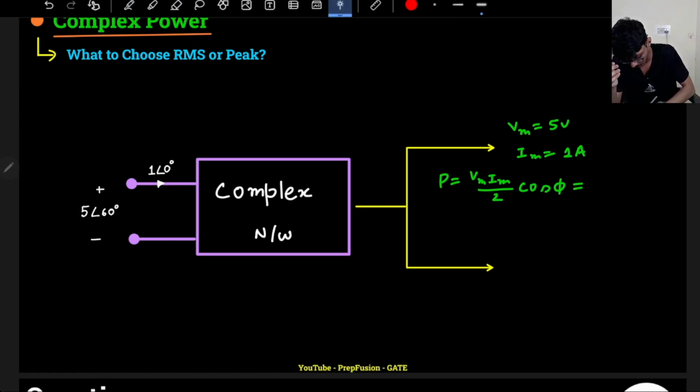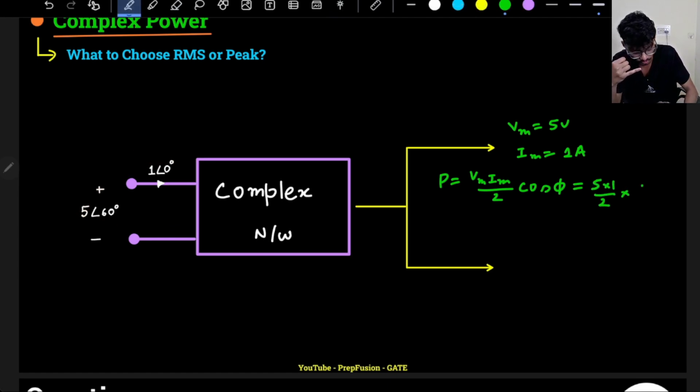The angle is fine, there is no peak or RMS for an angle, so it is simply cos 60, correct? Vm Im by 2 cos 60 is 5 into 1 divided by 2 into cos 60. Cos 60 is 1 by 2, so it is 1.25 watts. Now let's say this was student 1, and there is some student 2 in the same